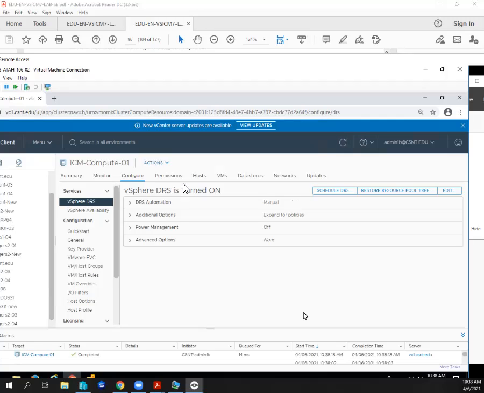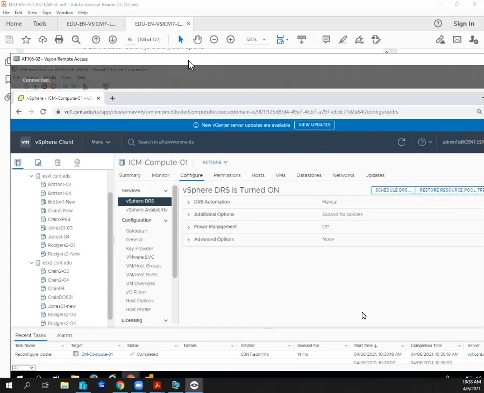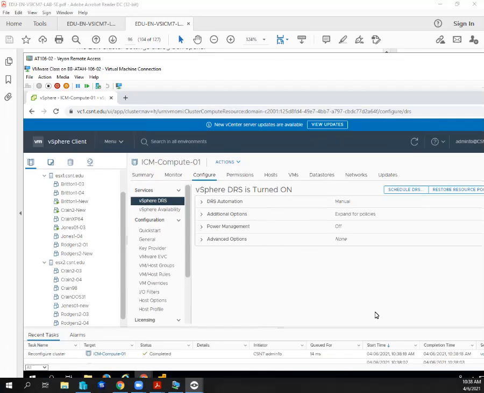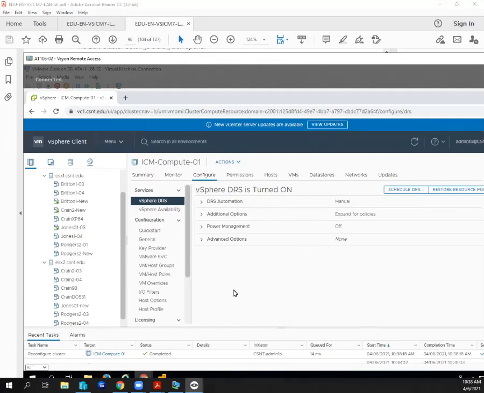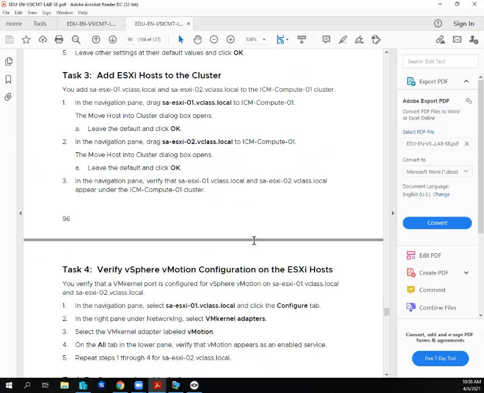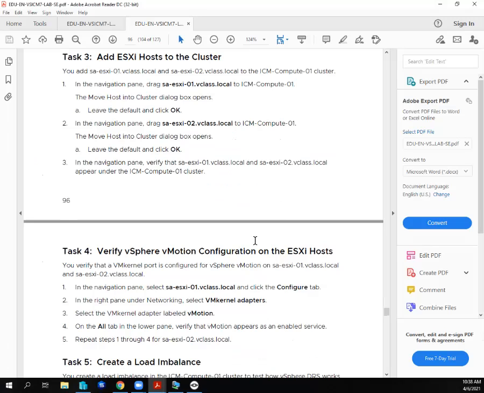If anybody wants to look closer at that dialog box, you could go into the DRS and click edit. Just don't make any changes if anybody's wanting to look closer at that. So now we move on. Now we need some different people. Task 3, adding the ESX host to the cluster. It's pretty easy, and before we do that,